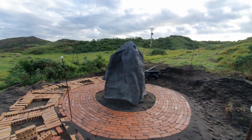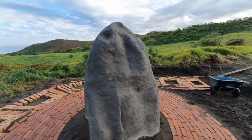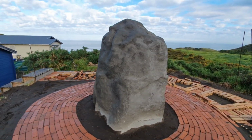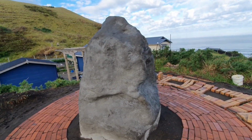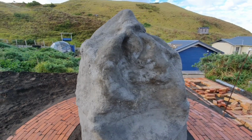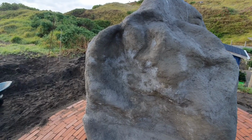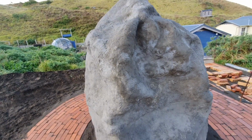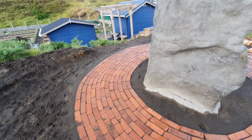What do you reckon? This is my rock. I made it myself out of chicken wire, and then I used flannelette sheets like paper mache with the cement, and then I put another layer of cement over the top, so it's had about 3 layers all up, so it's pretty heavy. So I'm quite pleased, and then I've laid the path down here,